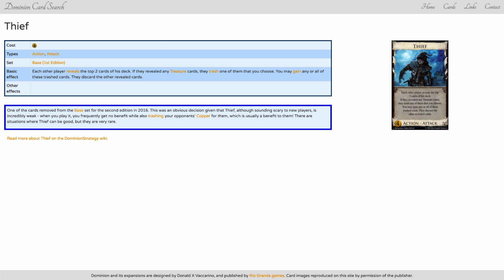Donald X has tried on multiple occasions to fix Thief, the Thief concept, and has mostly failed. You have Noble Brigand, you have other cards. He's finally settled on Bandit, which is also quite awful, but it trashes all treasures besides copper, which, you know, it's weak, but you'll get it. Anyway, so Thief,